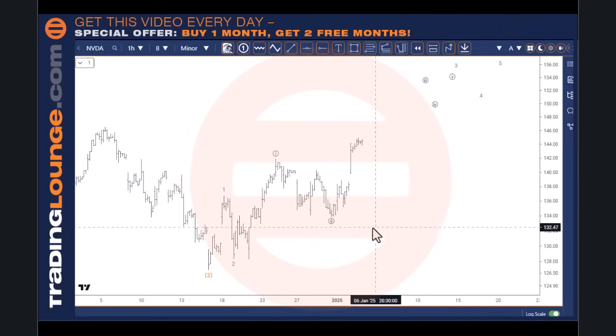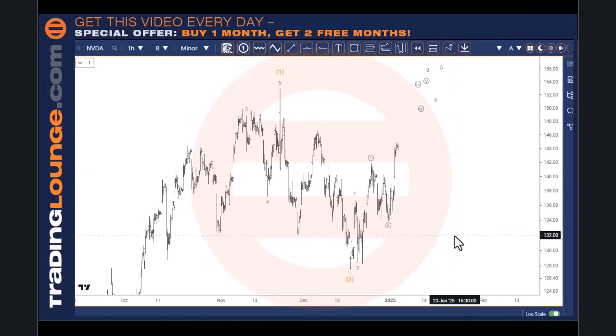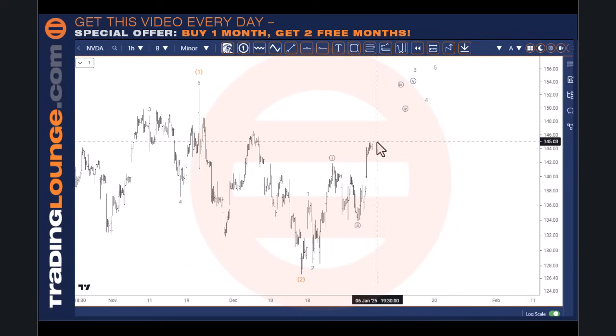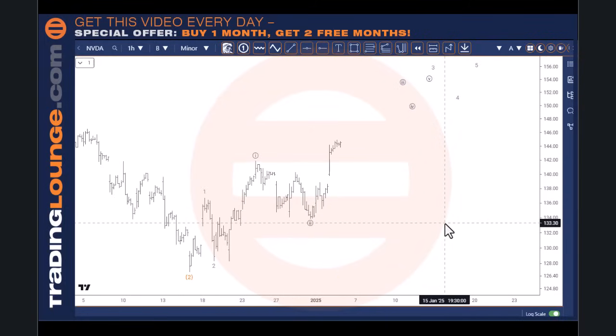So this little move up here is also 1, 2, 3, 4, 5. So 1 and 2 coming into here, and 3. So over this top here, there'll be some sort of consolidation coming in. I mean, you could go long here, but you're going to hit this block of supply over here with all these tops. Supply just meaning sellers. So it's going to hit that. So we'll pick this up on the Monday, and we'll try to look for a little pullback in here.